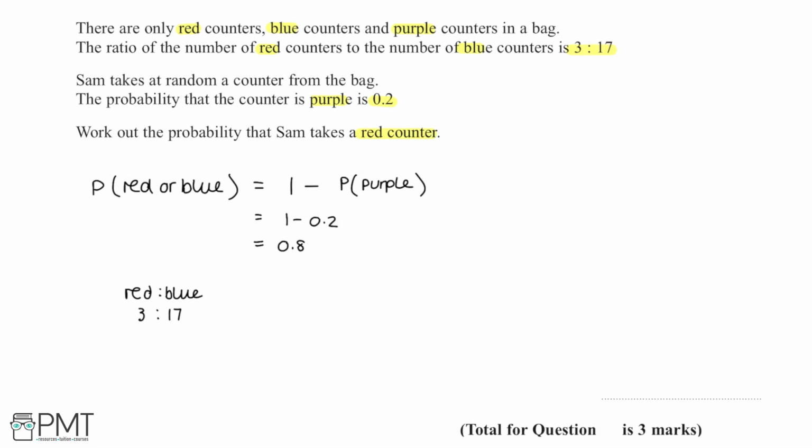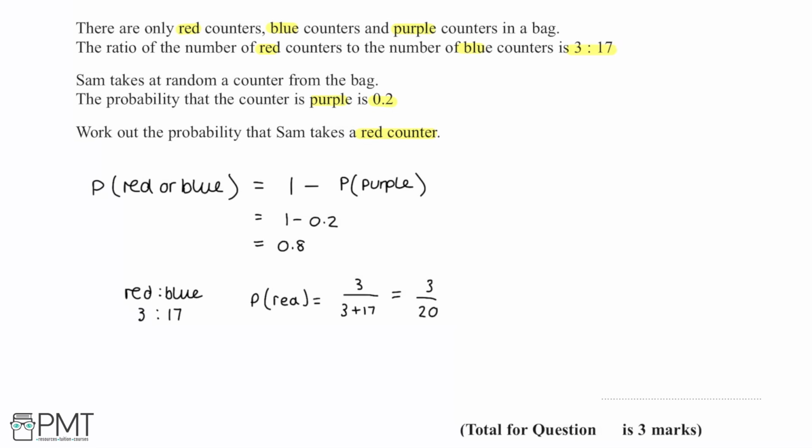And then we can multiply this by the 0.8 to find the probability of the counter being red overall, not just within this ratio. So the probability of it being red here is going to be 3 out of the sum of 3 and 17, so the total of this ratio here. And that gives us an answer of 3 out of 20 for the probability of it being red within this